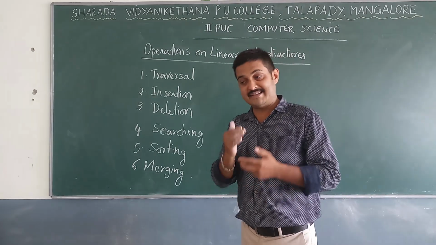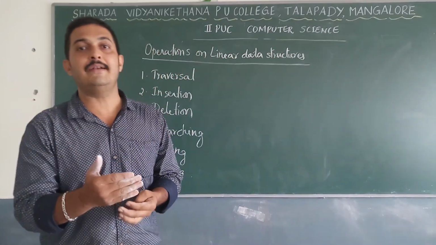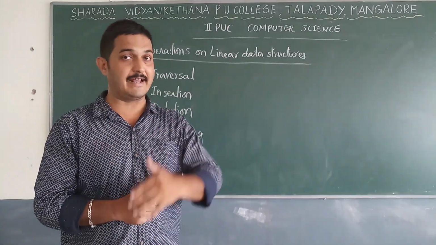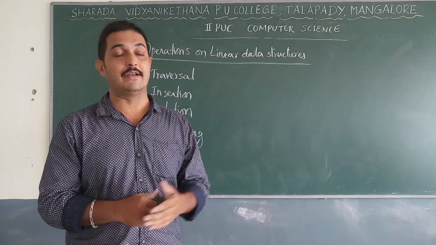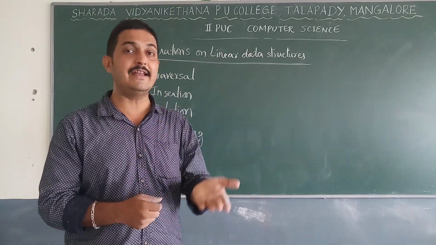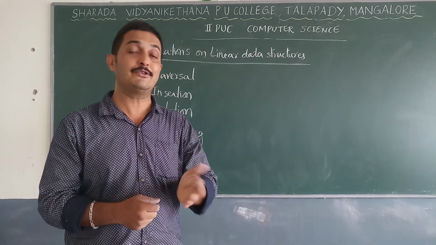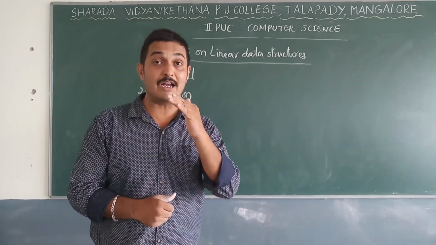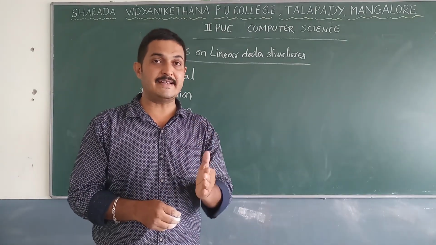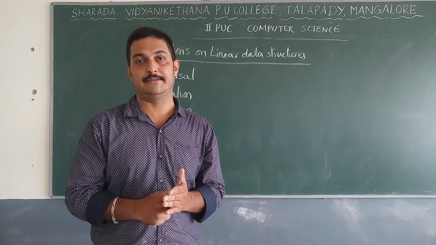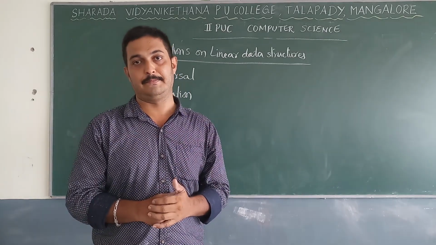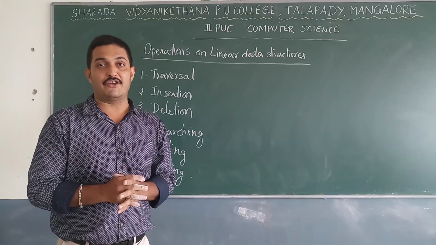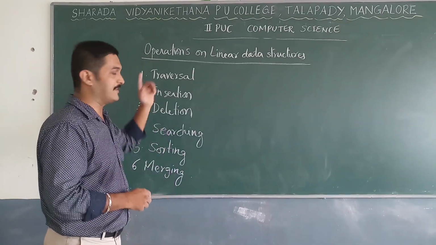In C++, you can use the for statement and cin function to read all the elements of an array. That is one of the traversal operations. To read, we need the for statement and cin function, and to display, the for statement and cout function. So these are about traversal. Traversal means visiting all the nodes, or accessing all the elements, exactly once to perform some operation.